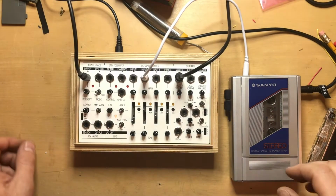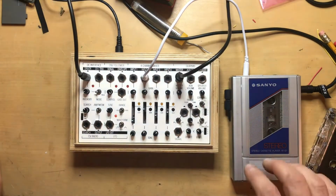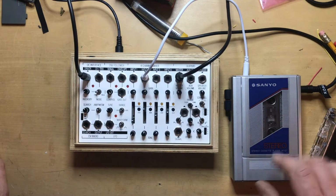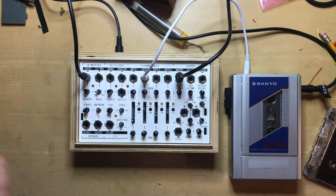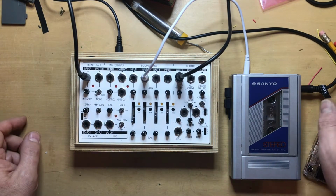Okay, everything is buttoned up. Well, mostly, the back is not on. I'm using gravity to hold everything together. I have not done the heat shrink on the tubing yet, just to be sure that I did everything correctly. And we're going to do a quick test. So I've got the